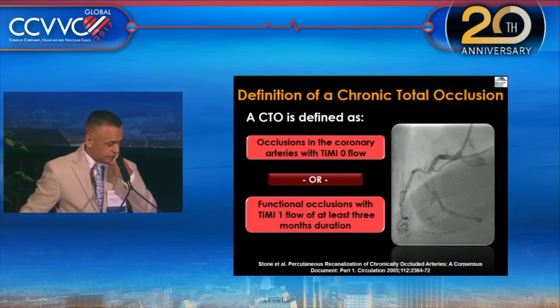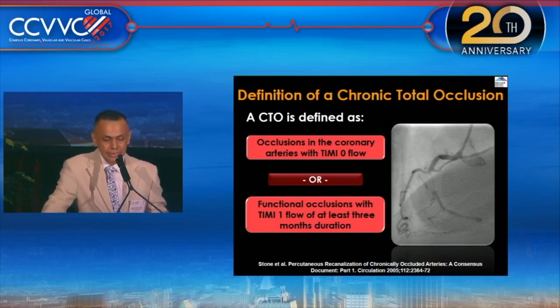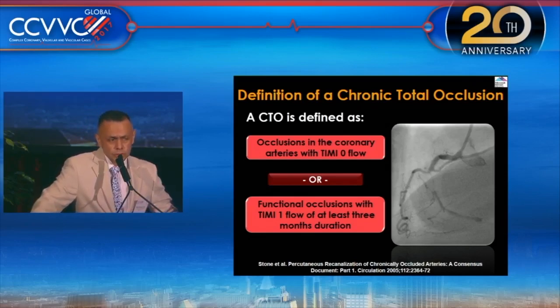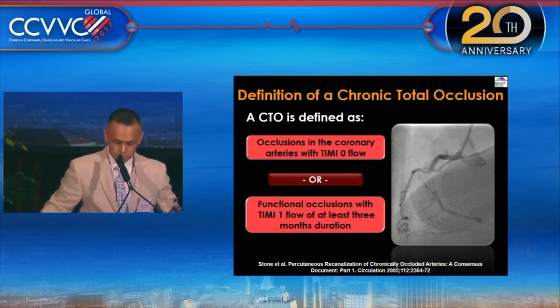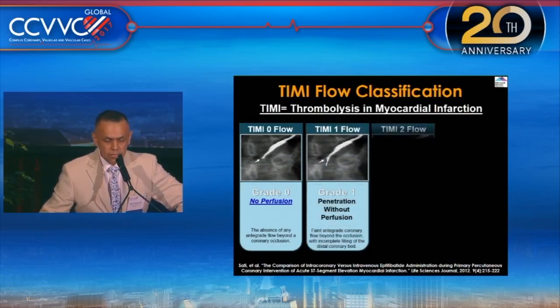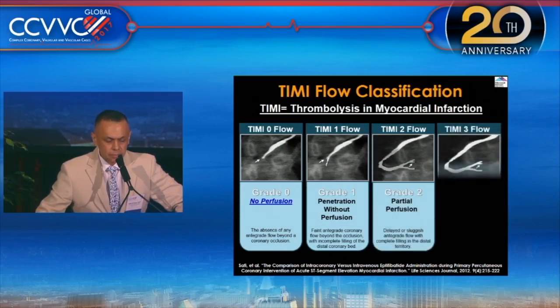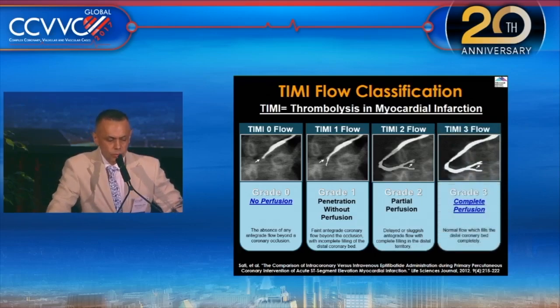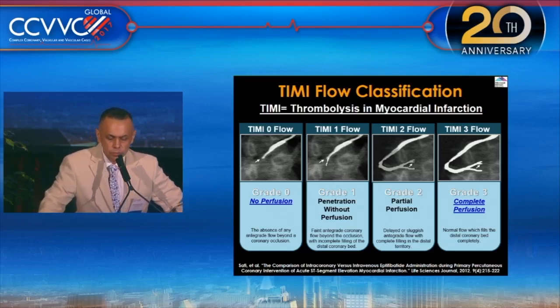Before anything, we have to define what a chronic total occlusion, or CTO, is. By definition, a chronic total occlusion is an occlusion that has been there for more than 3 months with TIMI zero flow. The TIMI flow classification divides into 4 stages. TIMI zero flow means no perfusion. TIMI 1 flow, you see penetration without perfusion. TIMI 2 flow, partial perfusion, and TIMI 3 flow is complete